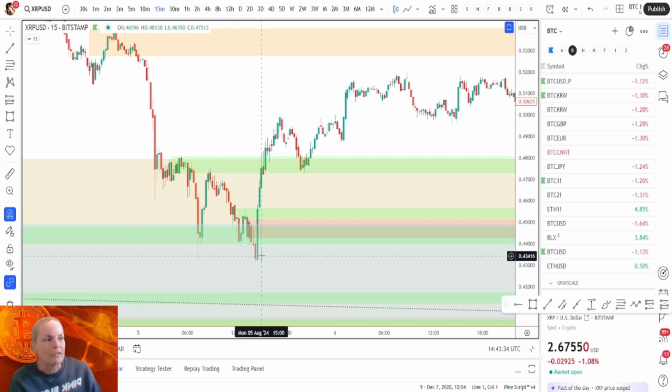But obviously, it's easy to say that with hindsight. At this point, it could still have rejected there and gone lower, but that's why you're waiting for the break first. So you wait for the break, and then you're looking for a retest of your entry. And in this case, it gave you a 15-minute up here,